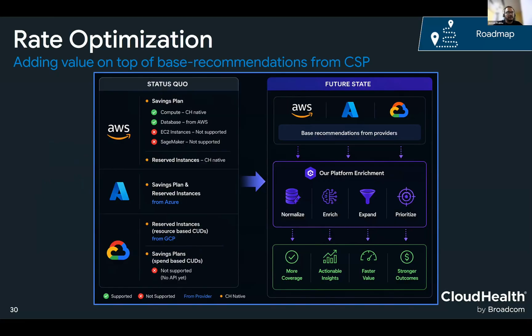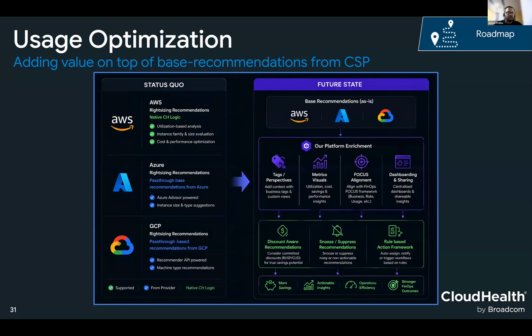That's where we are moving towards, both in rate optimization as well as usage optimization. If you compare status quo versus future state, we will be investing more and more to give you more context. If you are looking at recommendations, we give context of the metrics on which these recommendations are generated, or give you asset explorer details, showing which assets we are giving recommendations to, aligned with FOCUS.